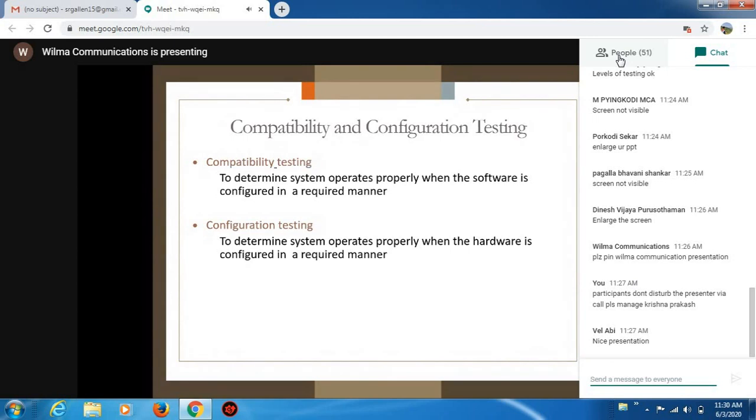Let me also try changing the operating system, because compatibility testing is very important. Whenever we purchase any product, first of all we check the configuration and compatibility, because if these things are not configured well, and the software is not configured with the basic rules and regulations, our product won't perform in the manner the client expected.